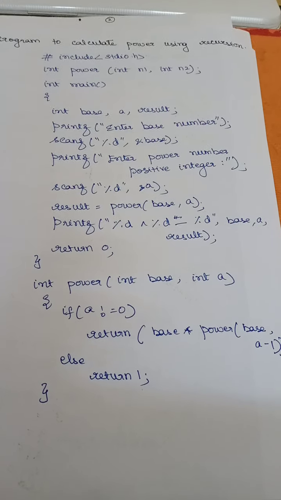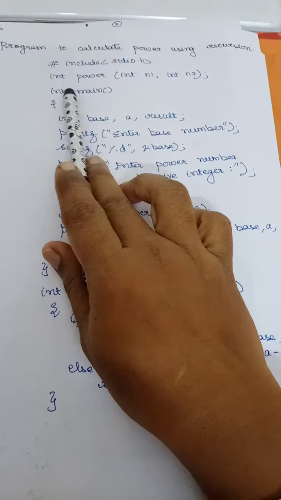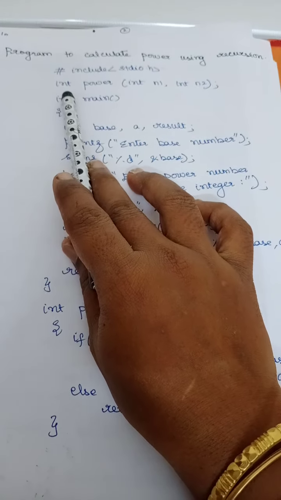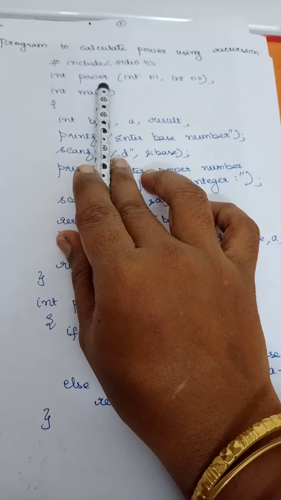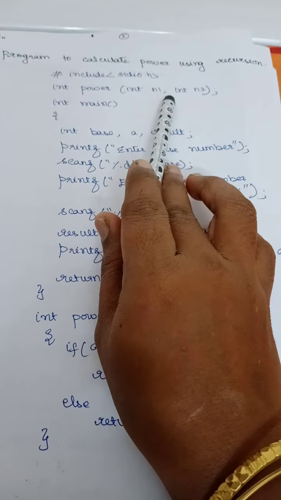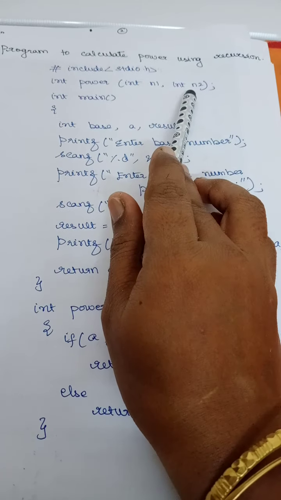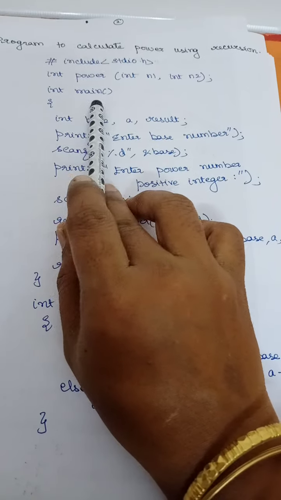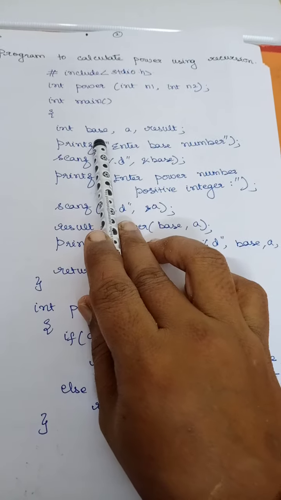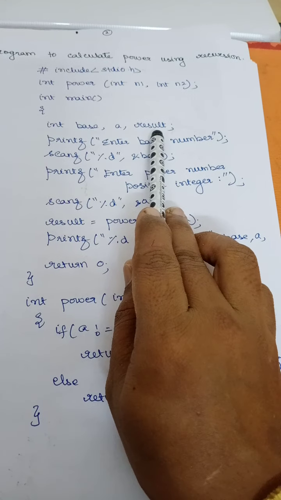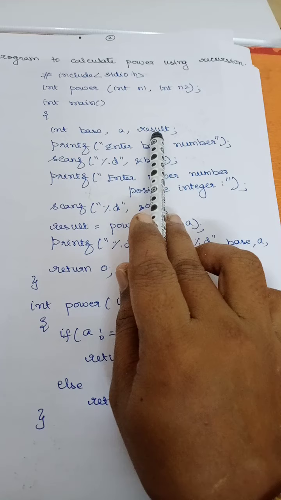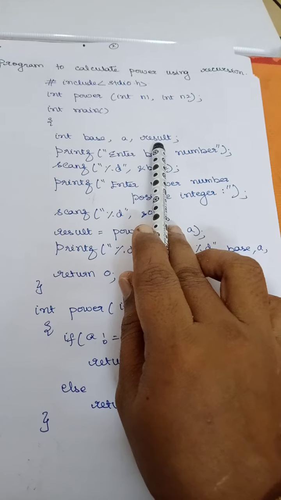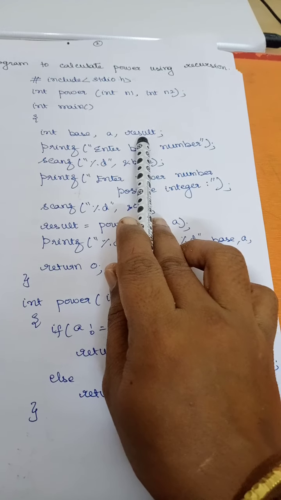Now let us see the same example here. See, instead of double I have used int, just to show the variation. So int power, to calculate the power, int n1, n2. So this is the number and this is the power I am going to use, right? So this is a declaration here, and in the main, int main, I have a base, a power, and a result. Since I am using int, my result is also going to be int. If you want a float number, you can use float. If you want a double number, you can use double, right?